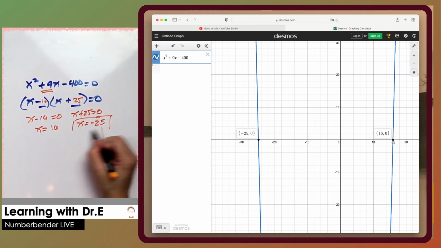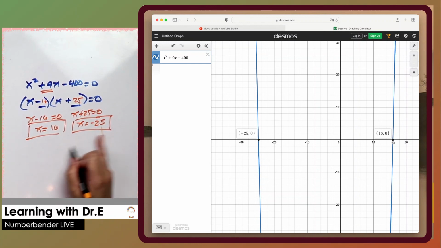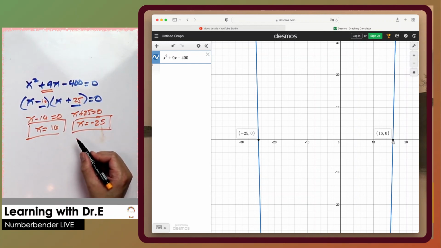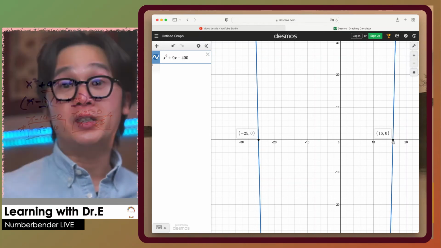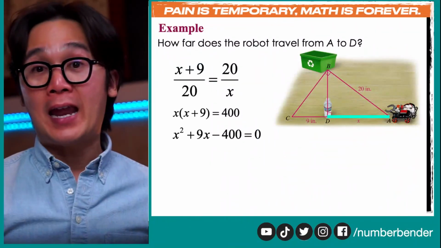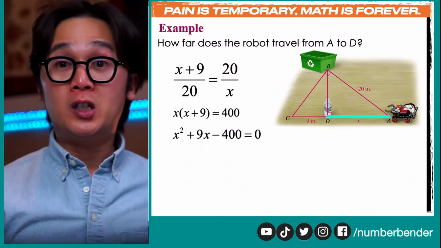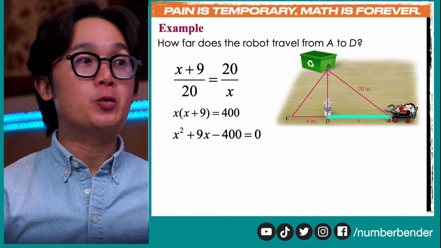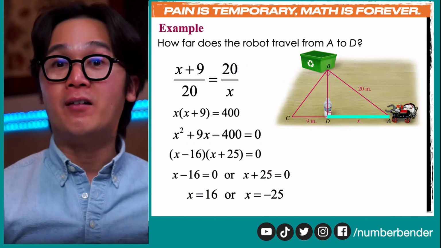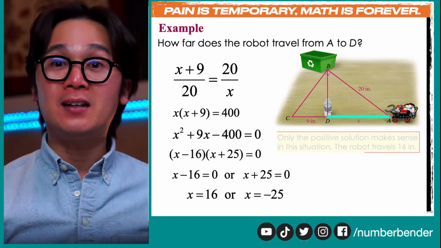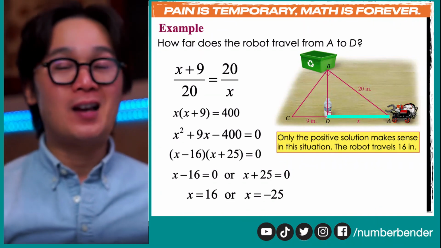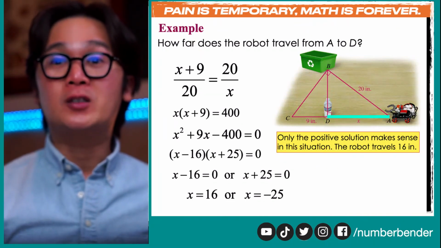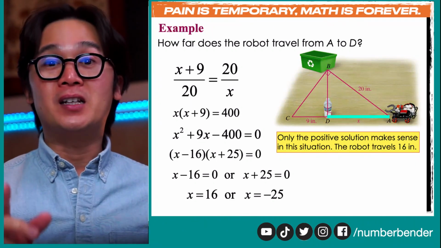for this particular triangle. However, since we're working with the length of a right triangle, we're no longer needing negative 25 in this solution because we're talking about lengths. And when we're talking about lengths and measurement in a word problem similar to this one, we're always going to be using positive values. So now we have our solution, which is x equal to 16, and the distance between that robot and the empty water bottle, or maybe a filled water bottle, is equal to 16 inches